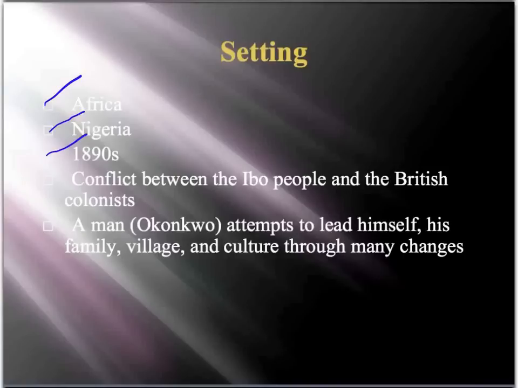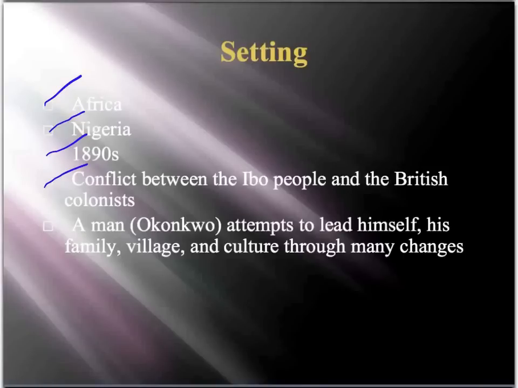from a different continent. The main conflict in this story is about the conflict between the Igbo people and the British colonists. The Igbo people are a tribe from Nigeria, and in the 1890s, this is the time period when England and the other European colonial powers are really strengthening their hold on Africa and expanding their empires into that continent. So you'll see over the course of the novel the Igbo going from a people who are pretty much entirely independent with little to no knowledge of Europeans to a people who are dominated by British culture and the